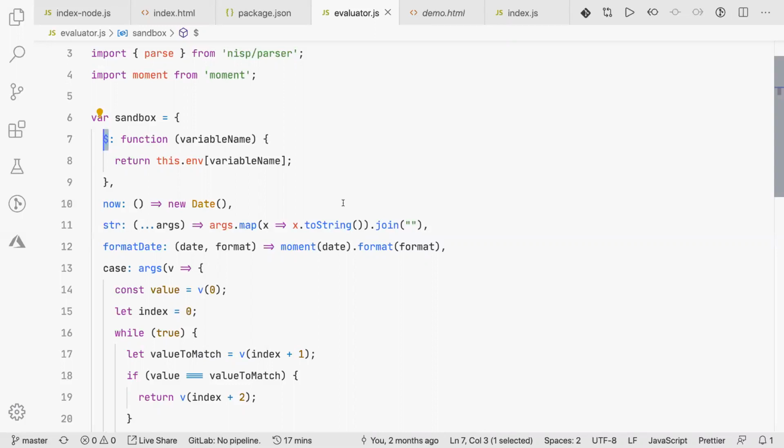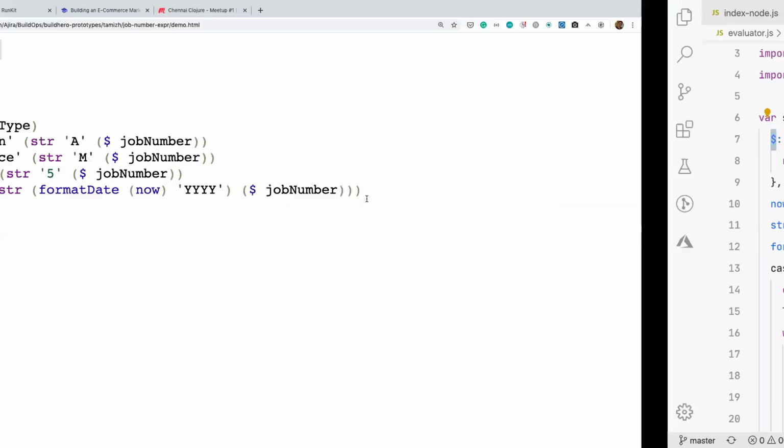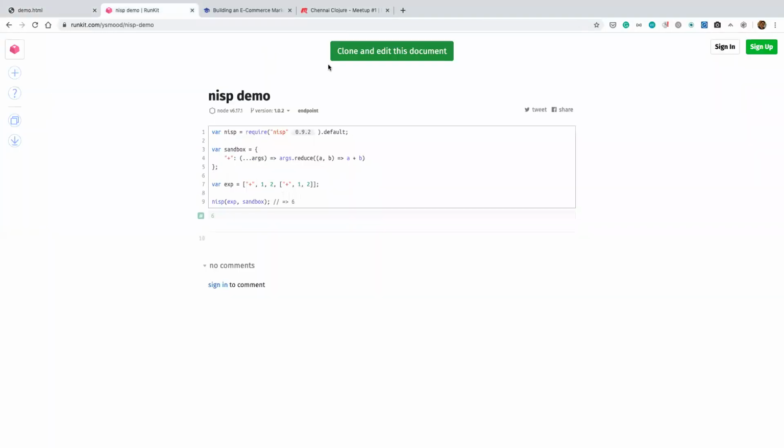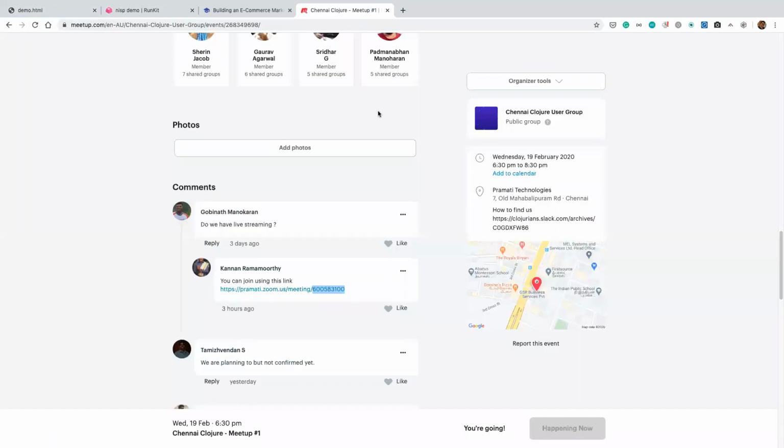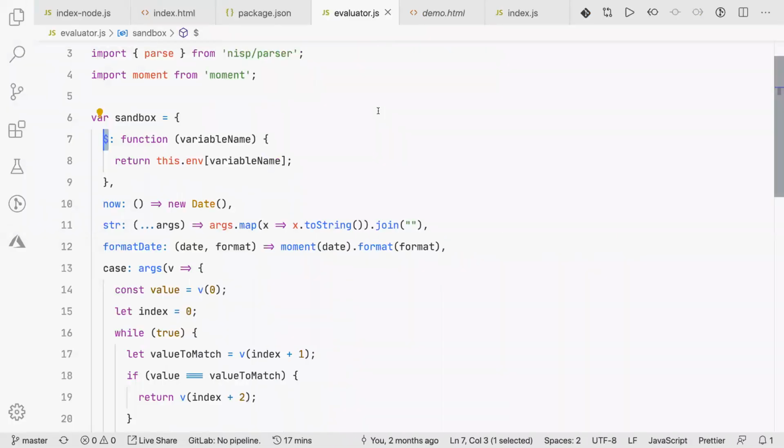And this is a JavaScript project, by the way. It's a thought process of how we solve this problem. NISP is available in Golang and other languages as well. Wherever you need some sort of programmatic configurability, you can go with Lisp, which will provide a much better DSL. And Clojure is exactly built around this principle.